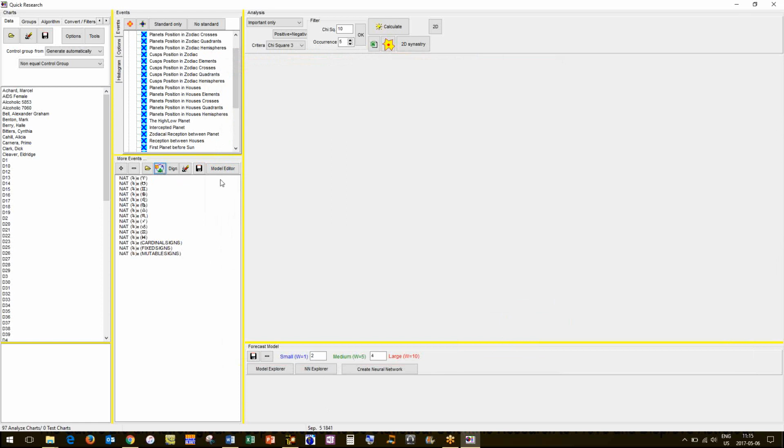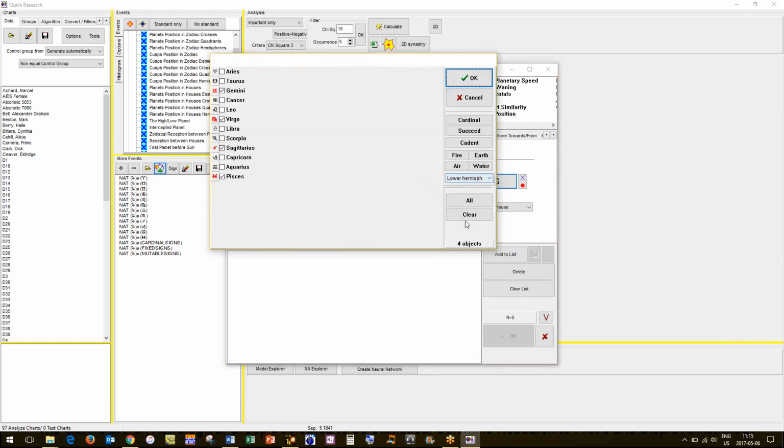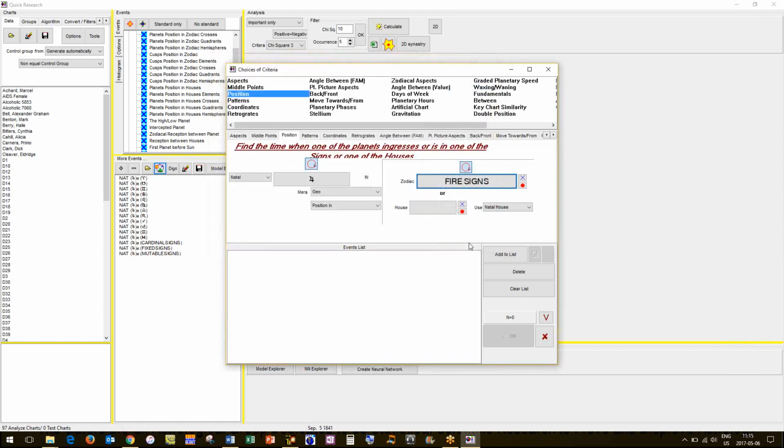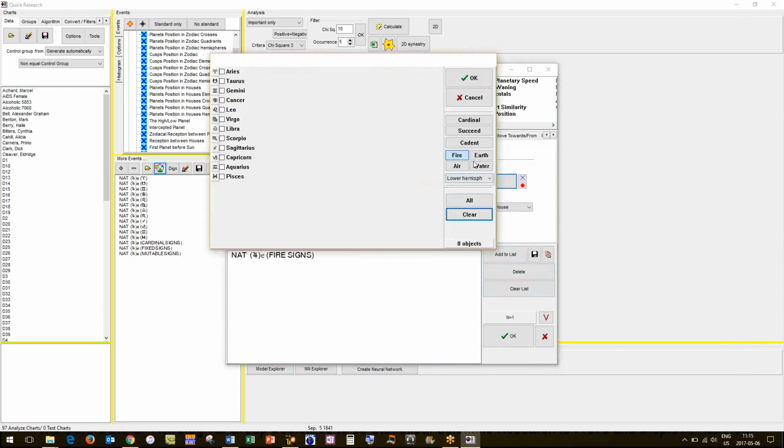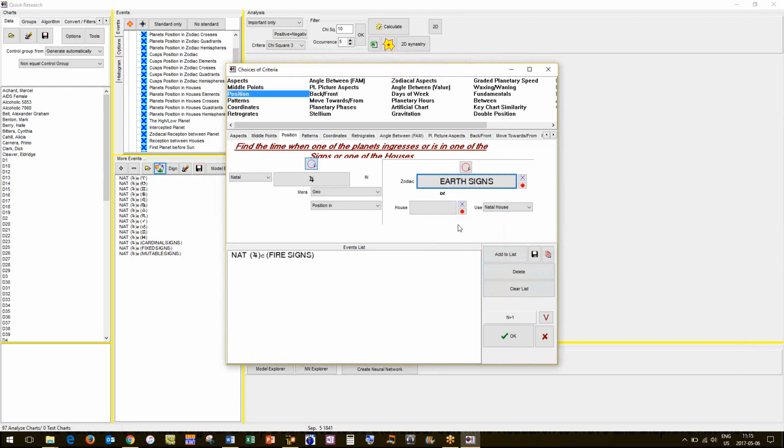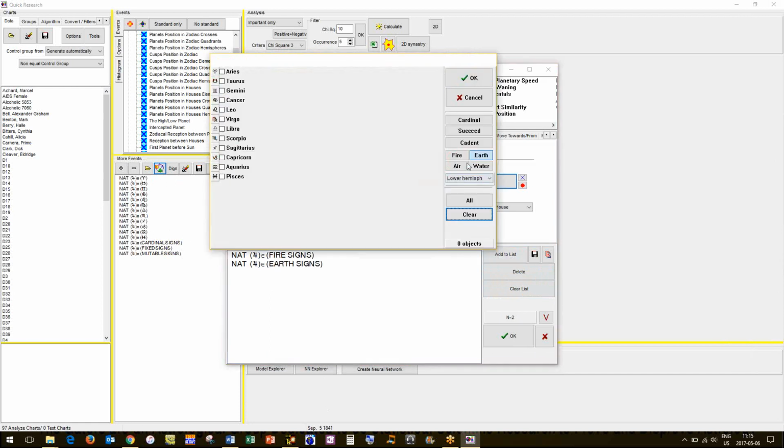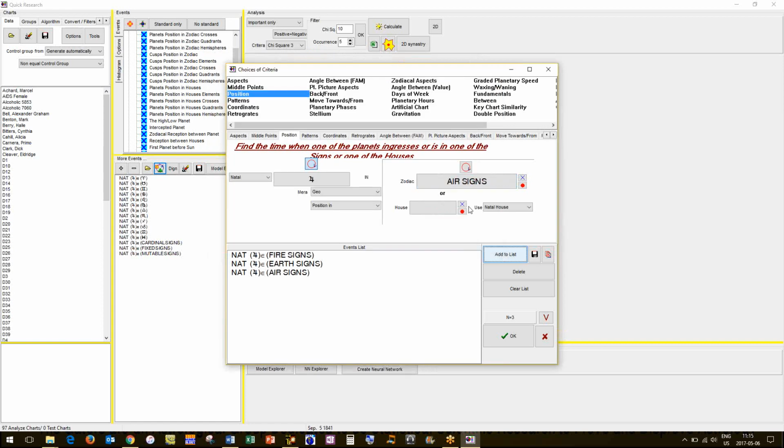Now the other thing that we can check too is, are there fire signs? Again, I didn't click the blue, so there we go. Fire signs. Clear, earth. Clear, air. We add that.